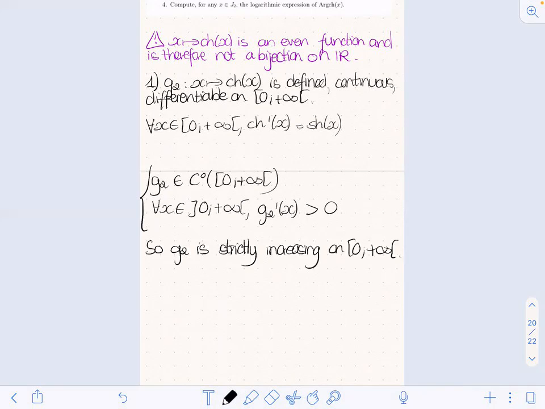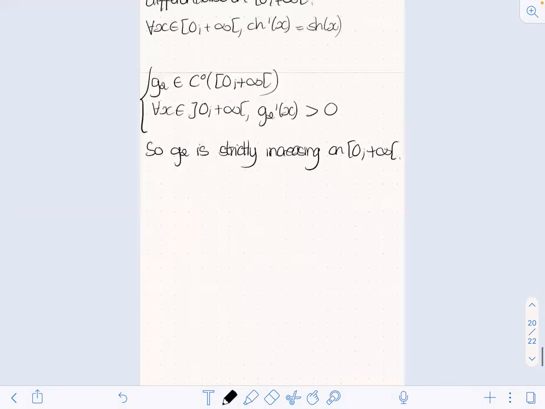It's a bijection on 0 to plus infinity. Yeah, it's a bijection, exactly, on that interval rather. What remains to be established is what the image set of G2 is. So we can find that by